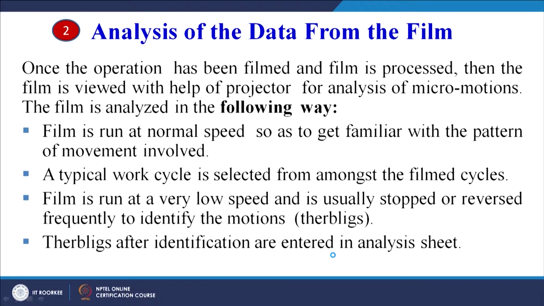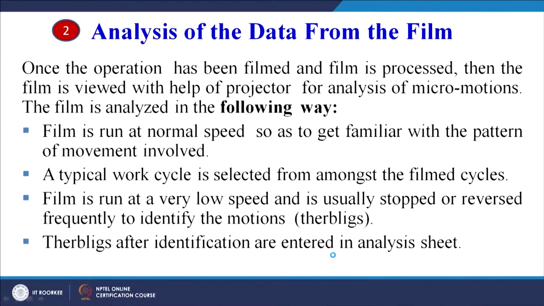So you may film for 1 hour, a person may have done 100 cycles in that hour, or may have done 10 cycles in that hour. So we will identify which 2-3 important cycles we want to analyze further. Since the cycle times here are short, it is a continuous process, the worker is continuously working and the cycle time is shorter. So we have to identify which frames we want to analyze.